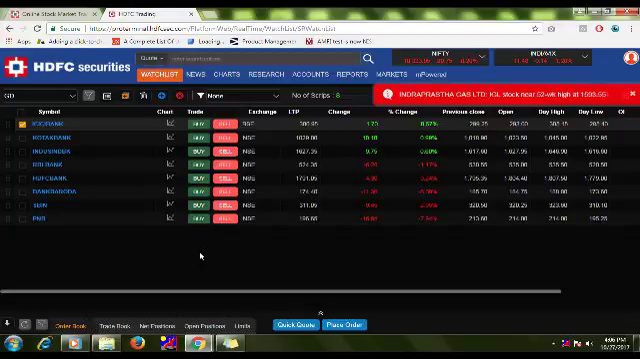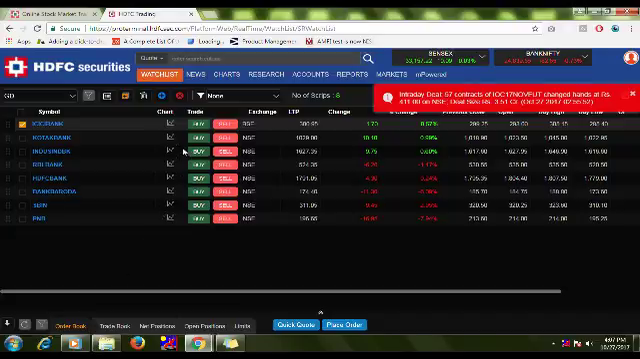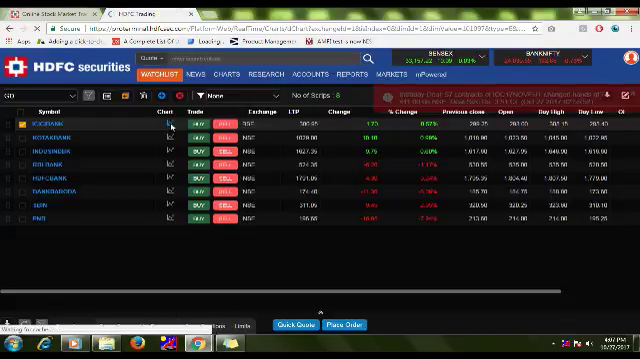There are 100 parameters you can select and you can trade, you can invest and you can gain from the same. One more beauty of this platform, you can directly view the charts. If you see in the watchlist section, there is an option of chart. If you click on the chart icon,